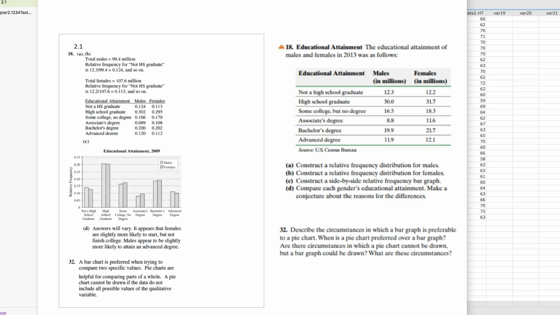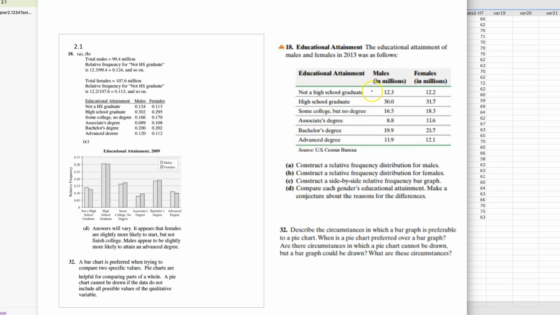This is the video for the Chapter 2.1 homework, the written homework problems 18 and problems 32. So let's go ahead and take a look at this real quick. Problem 18 sets up a situation. You're getting a table of values, the data that's been collected, U.S. Census Bureau,